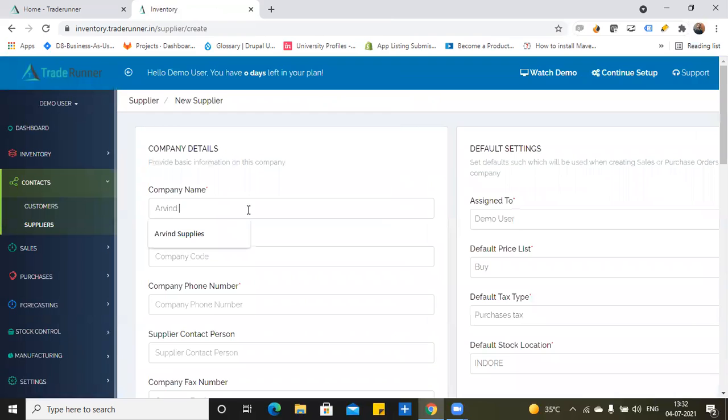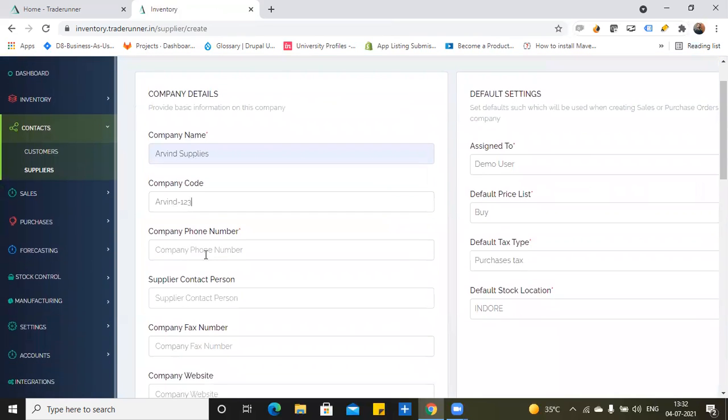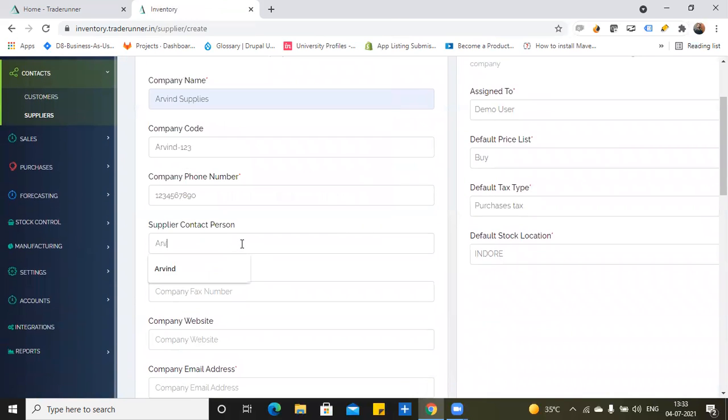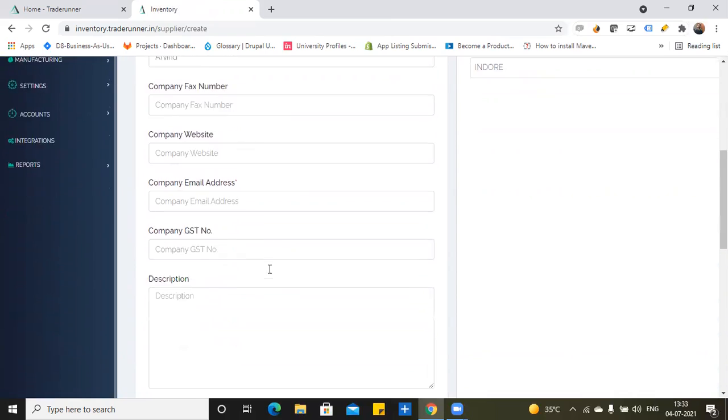Let's say we call it Arvind Supplies. Company code is something which is unique to a company. The names of 2 companies may be the same, so we basically look for the company code. Phone number, you can give a dummy number right now. Contact person, let's say is the contact person.